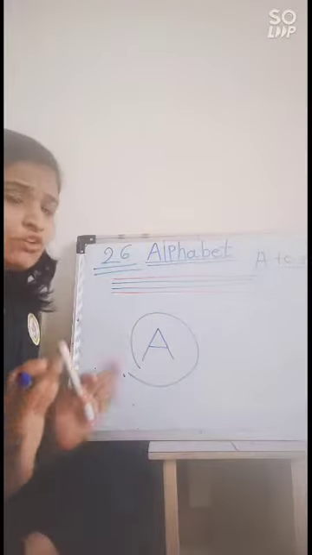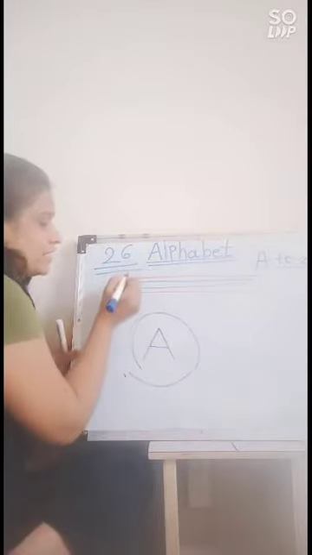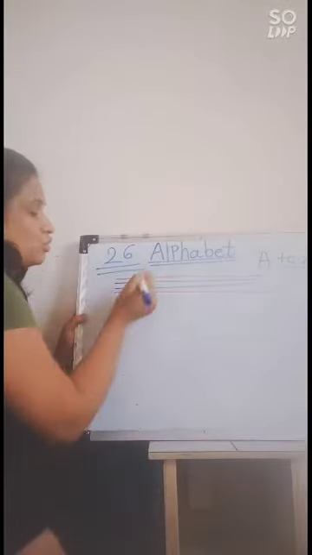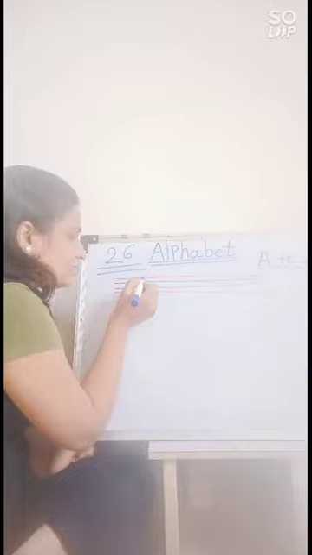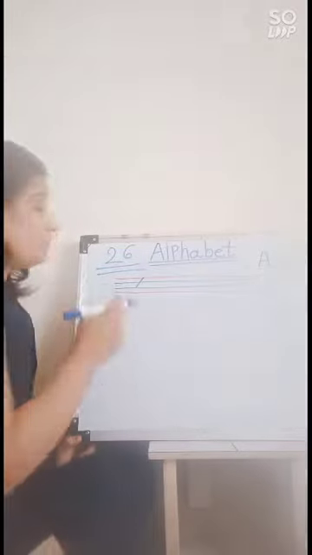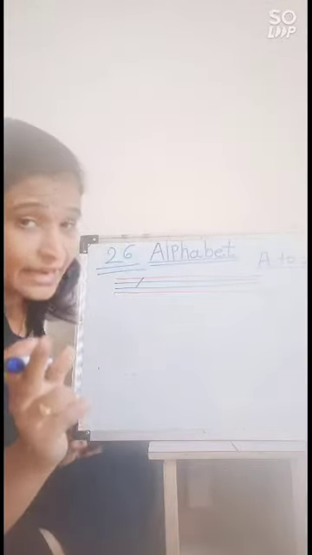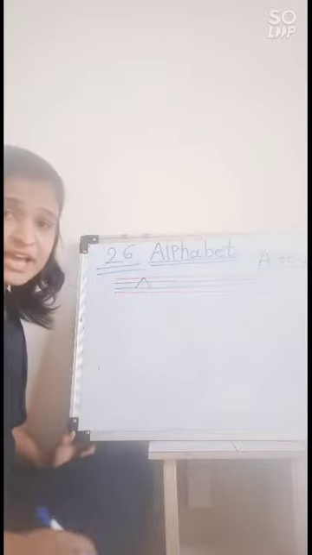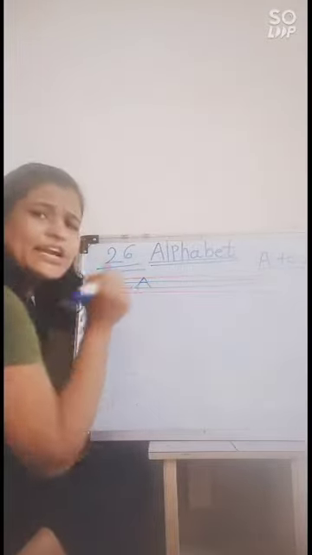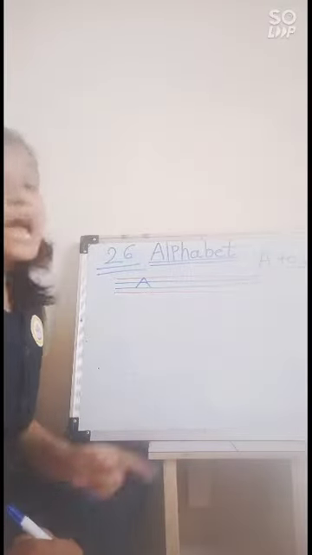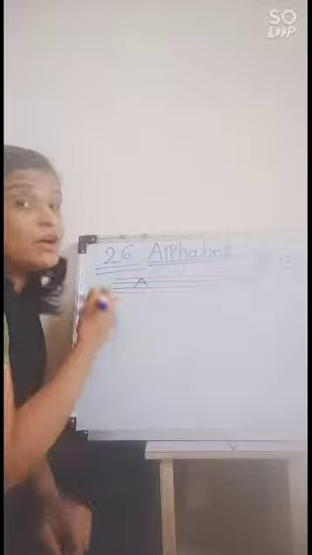In your 4-line notebook, the letter A we can write only in the upper 3 lines. Not the down line. So there is a slanting line, only in the upper 3 lines. Remember that thing. There is a slanting line, then another slanting line, and one little sleeping line. That is called A.